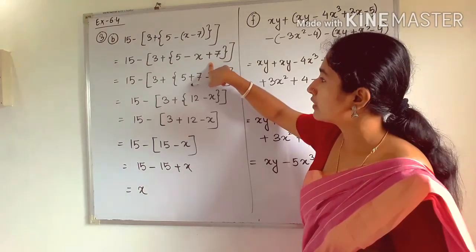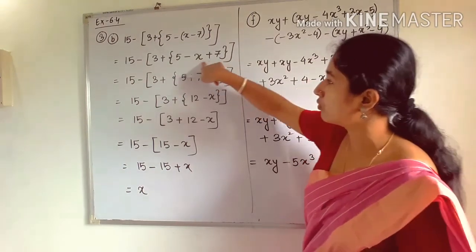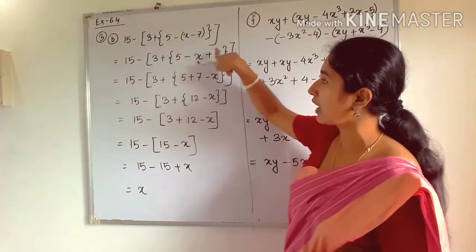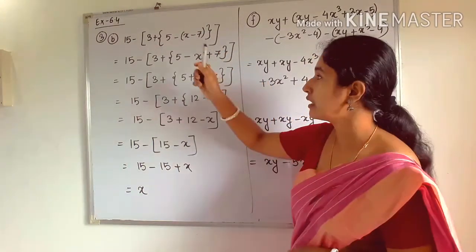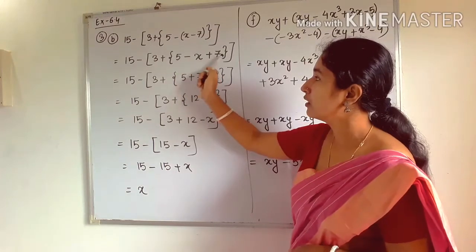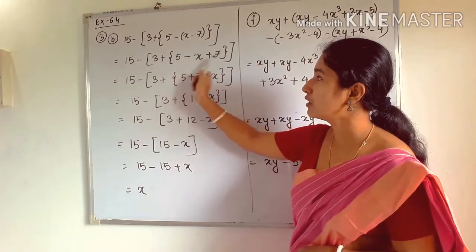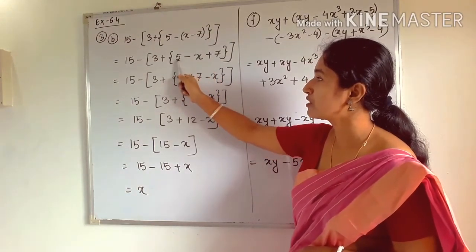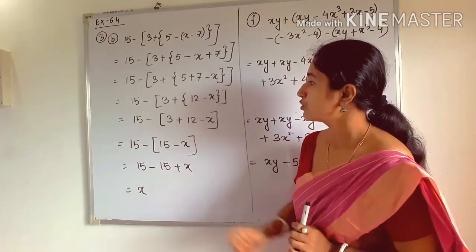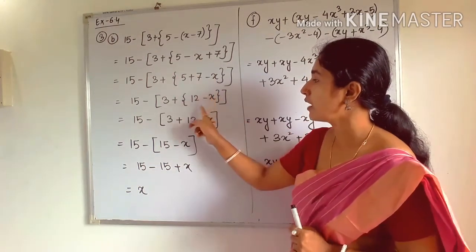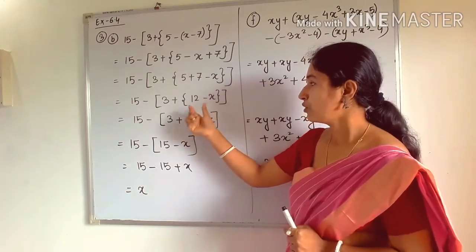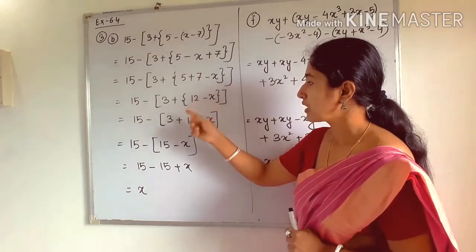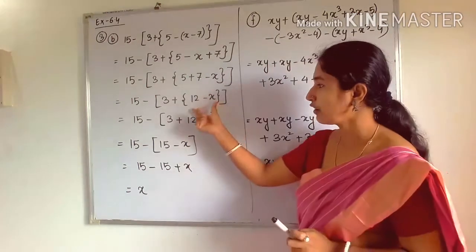Okay. So next you can see inside this bracket, now the innermost bracket is this curly bracket. So next we are going to solve the curly bracket. You can see inside the curly bracket we have constant numbers. Okay, we have constants, so we will add the constants. 7 plus 5 will be 12. So this will be 12 minus x. Okay, we cannot simplify further. So it will be like this only. So next again we have to open the bracket.